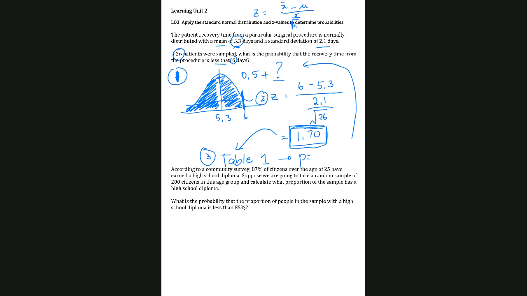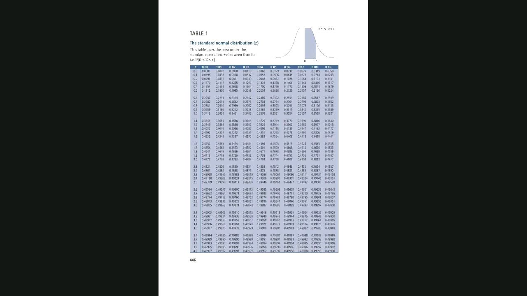So I'll bring up the table for you. Okay, so this is what Table 1 of your appendix looks like. You'll find it on page 446 of your textbook. And remember, we had a Z value of